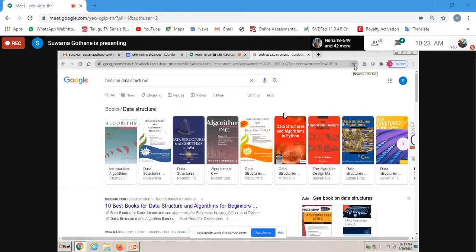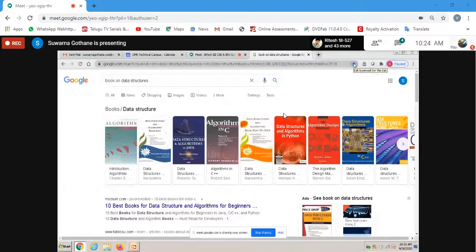It is going to make it a bookmark. See, the color has changed. This is also one of the ways to give feedback. We call this relevance feedback to this particular site, that I am a particular customer interested in this type of books. Many of you may not know the meaning of this. It is like bookmarking.